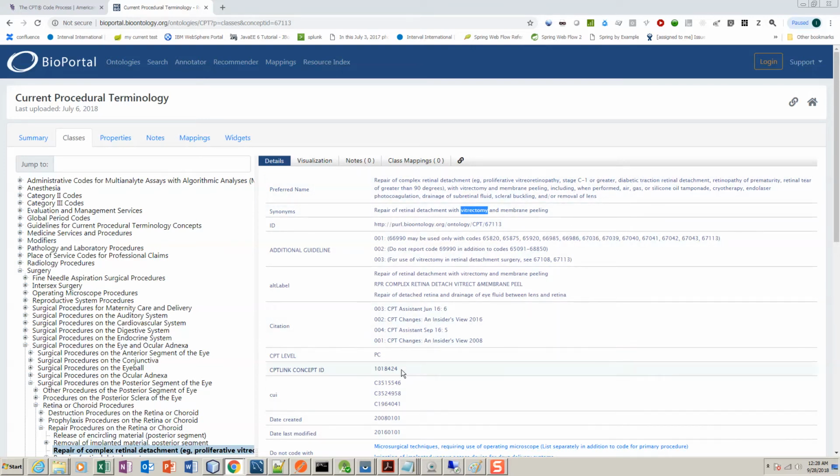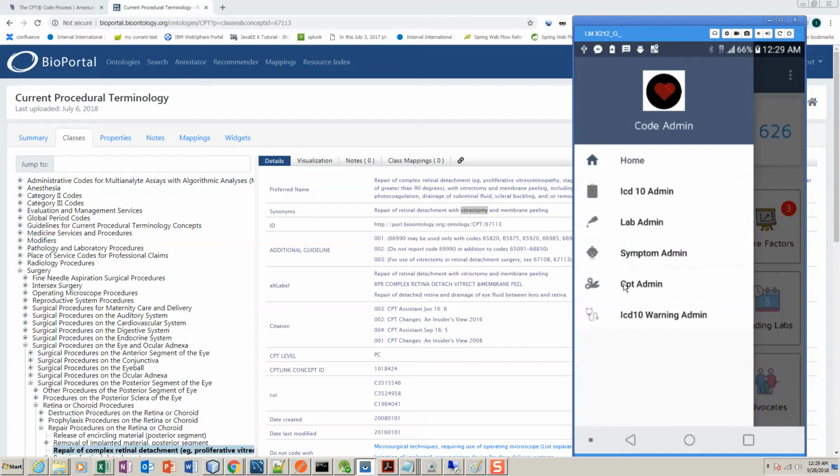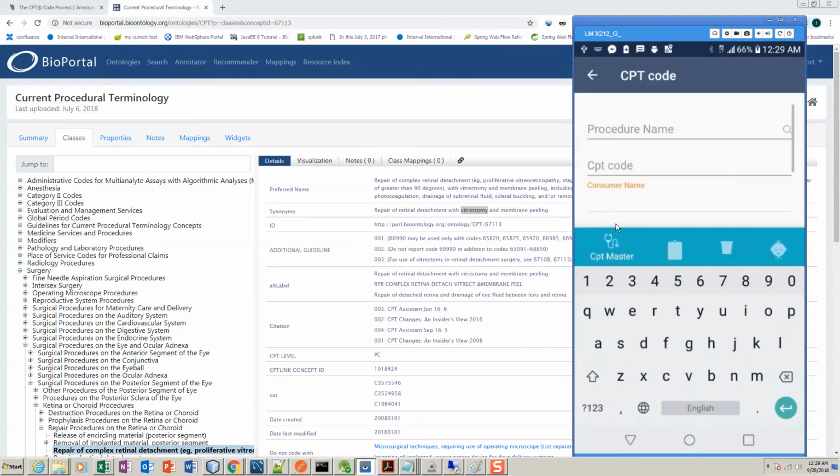Remember, a patient index is about diagnosis, making sure you need this procedure. Once you need this procedure, it's enough for us with the consumer name. After you need this procedure, then that's the doctor's territory. How do you help other e-patients? You come here to the CPT admin,